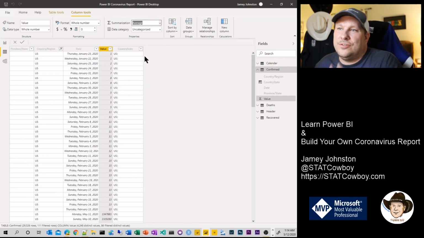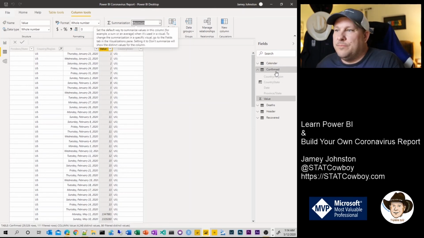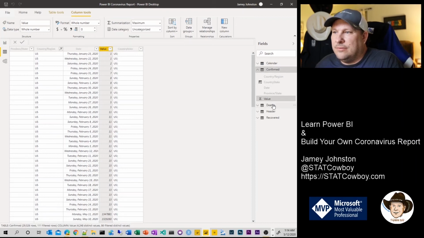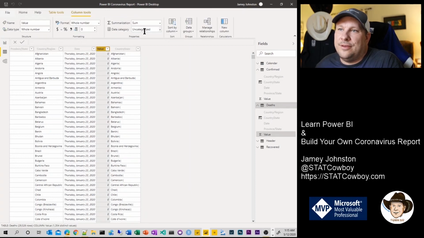In this case, let's just change it to be maximum, which makes a little more sense. We can do the same thing with deaths. So if we come over here to value, we can change this to be maximum. And we can do the same thing